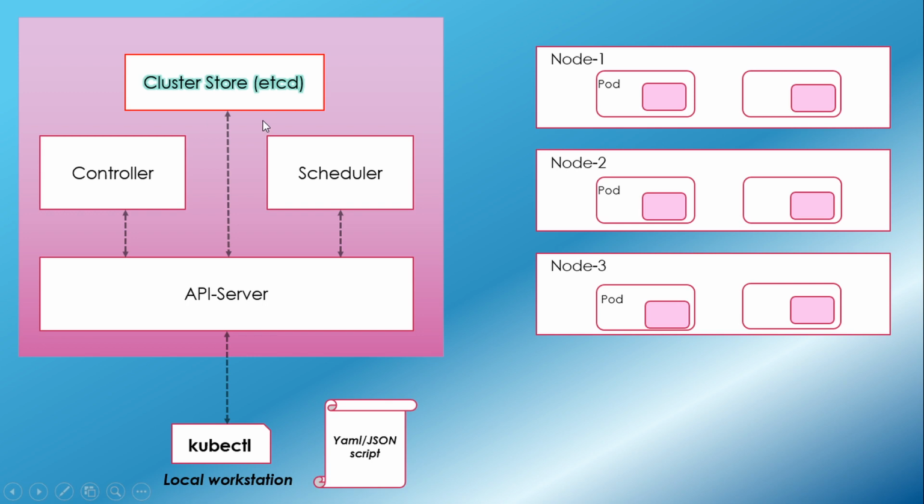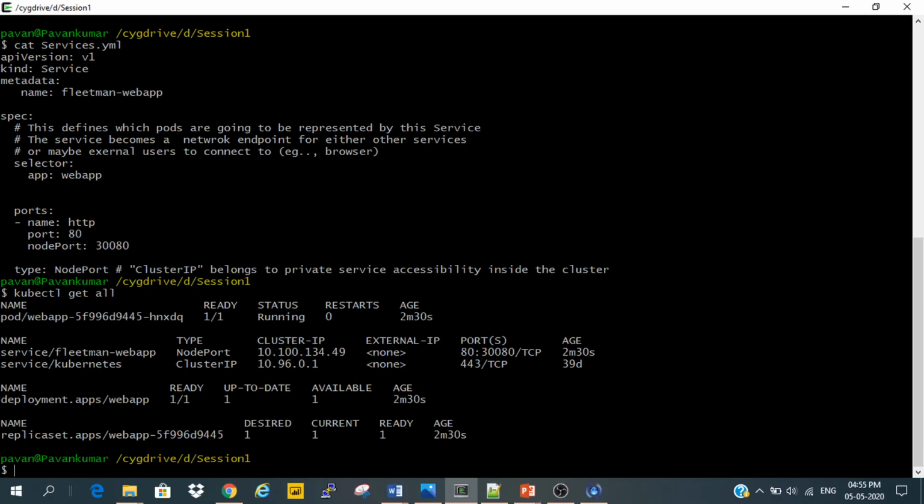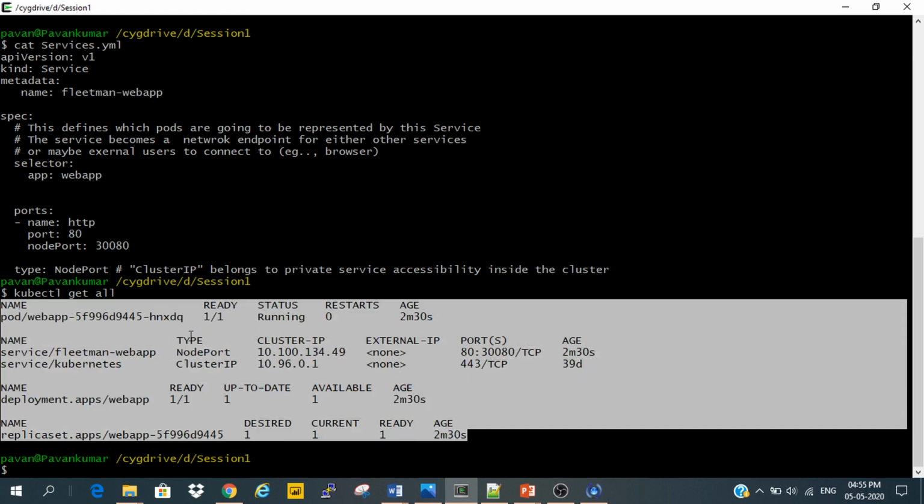So when we run kubectl get all, in order to get this information out for us, this communication will happen. What we discussed now: the kubelet discusses with the Docker daemon, then the API server will invoke the kubelet, and vice versa the kubelet will inform the API server, then the API server will communicate to the etcd, then etcd after the update gives feedback to the API server, then the API server gets back to us with proper results which were given by the kubelet with a node. Then we get this status: service, name, deployment, everything.